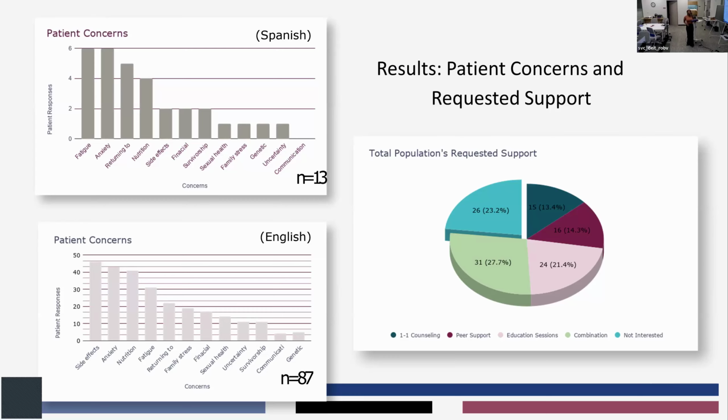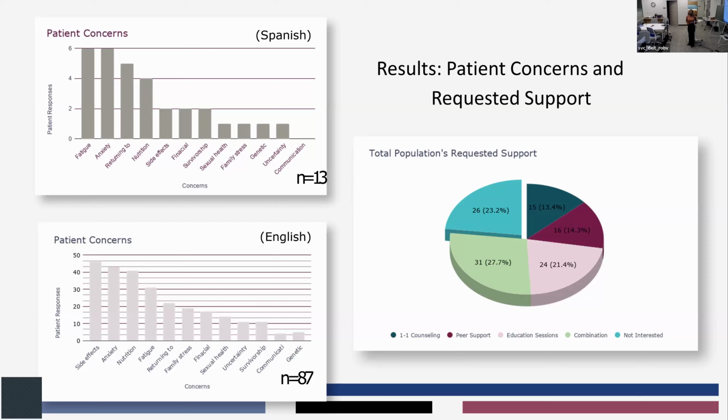Starting with the patient's concerns, we can see that on the top, Spanish-speaking populations advocated primarily for knowledge on fatigue, anxiety, work treatment balance, nutrition, and side effects of their radiation treatment. While patients that were of the English-speaking population advocated primarily for side effects, anxiety, nutrition, fatigue, and work treatment balance information. So we can see that while both populations advocated for the similar first 5 topics, their priorities were a